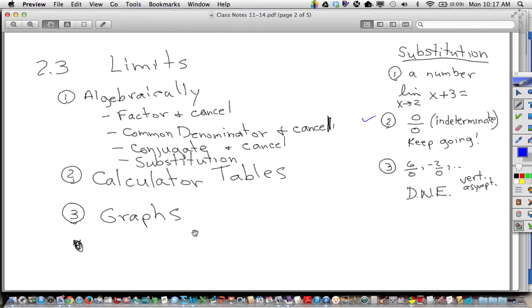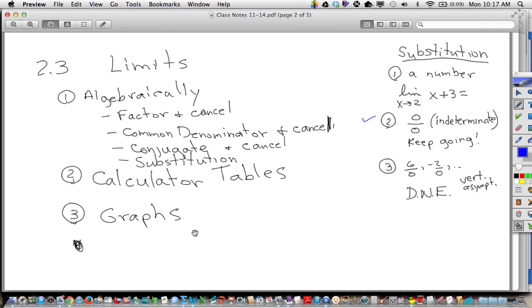Then we spent a lot of time just looking at limits. Now, we just talked about the whole factor, common denominator. That's that worksheet that we did, so we need to be able to go through and practice some of those and be able to do that algebra. Calculator tables, we've been doing that on these 2 worksheets, so hopefully we're good with doing that. And then just looking at a graph, like those piecewise graphs, do the cars meet, and that kind of stuff,